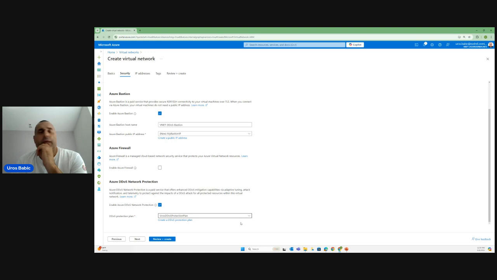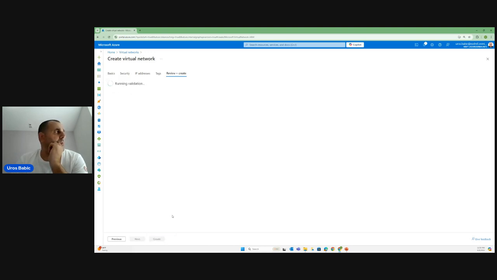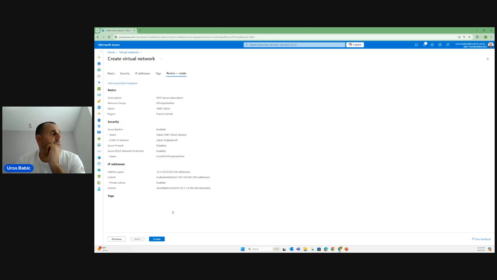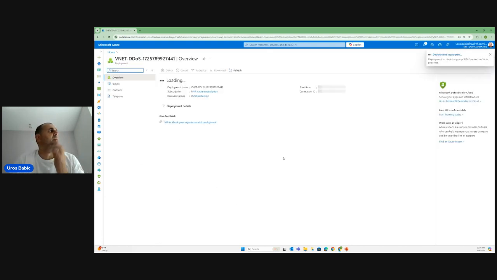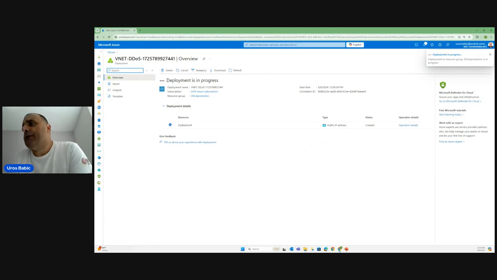When I create my virtual network, I think I can click here, create, and the deployment is initialized. Deployment is in progress. The third stage now is how we define and create our load balancer,